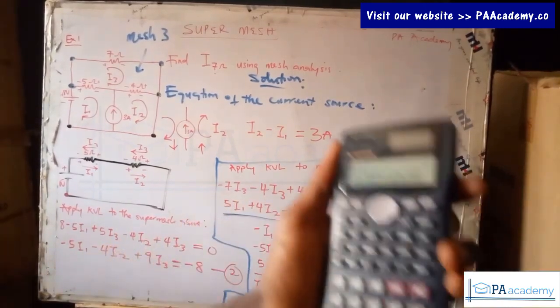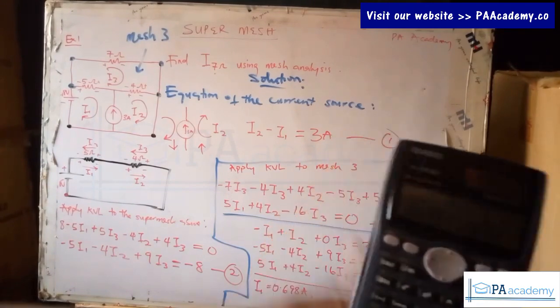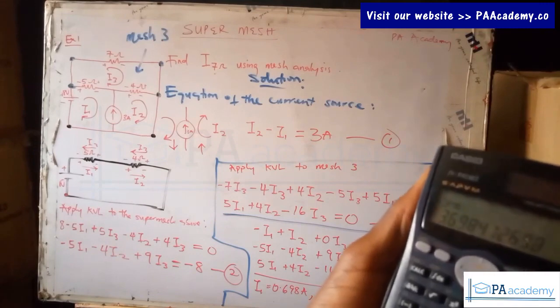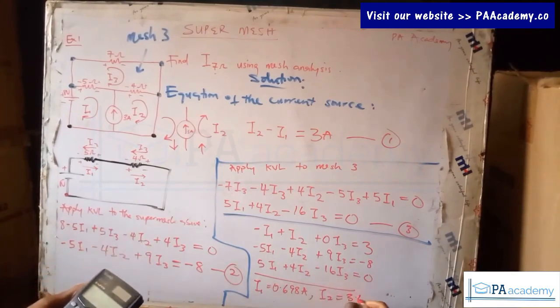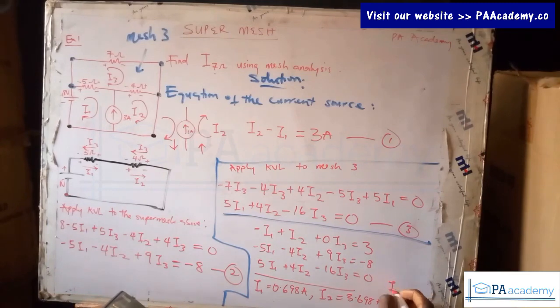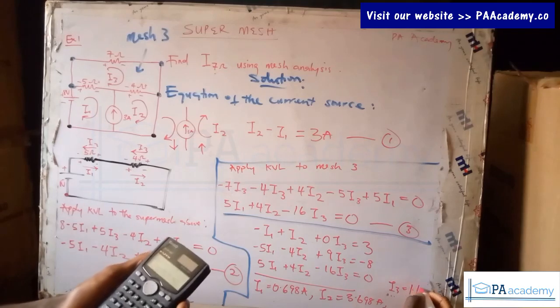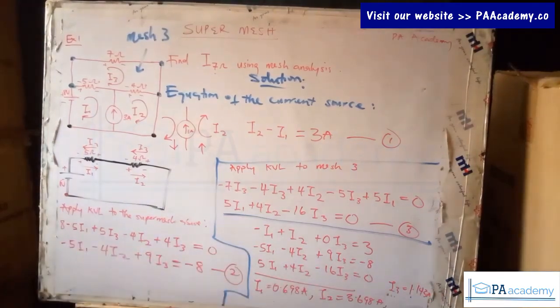So once it brings out the values like this, you press equals to again, it will bring for y. That y represents the value for I2, which is 3.698. So let me write that. I2 is equals to 3.698 amperes, and then I3, that's 1.143 amperes. All right, so we've been able to get the value of I1, I2, and I3, but that's not